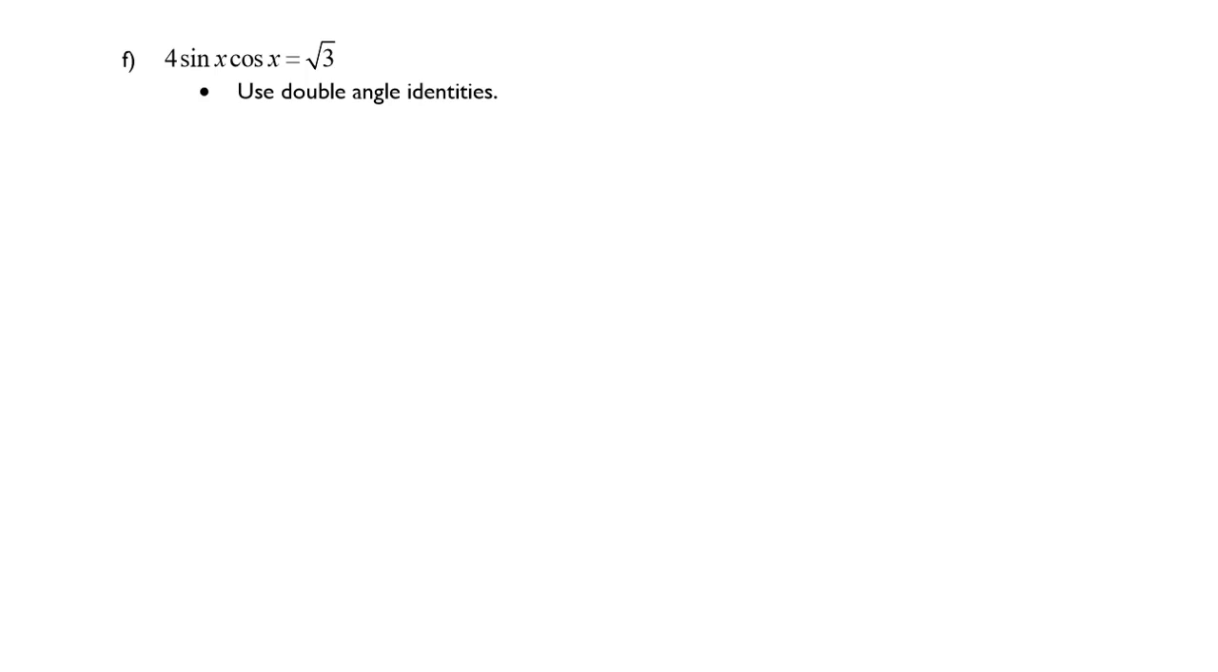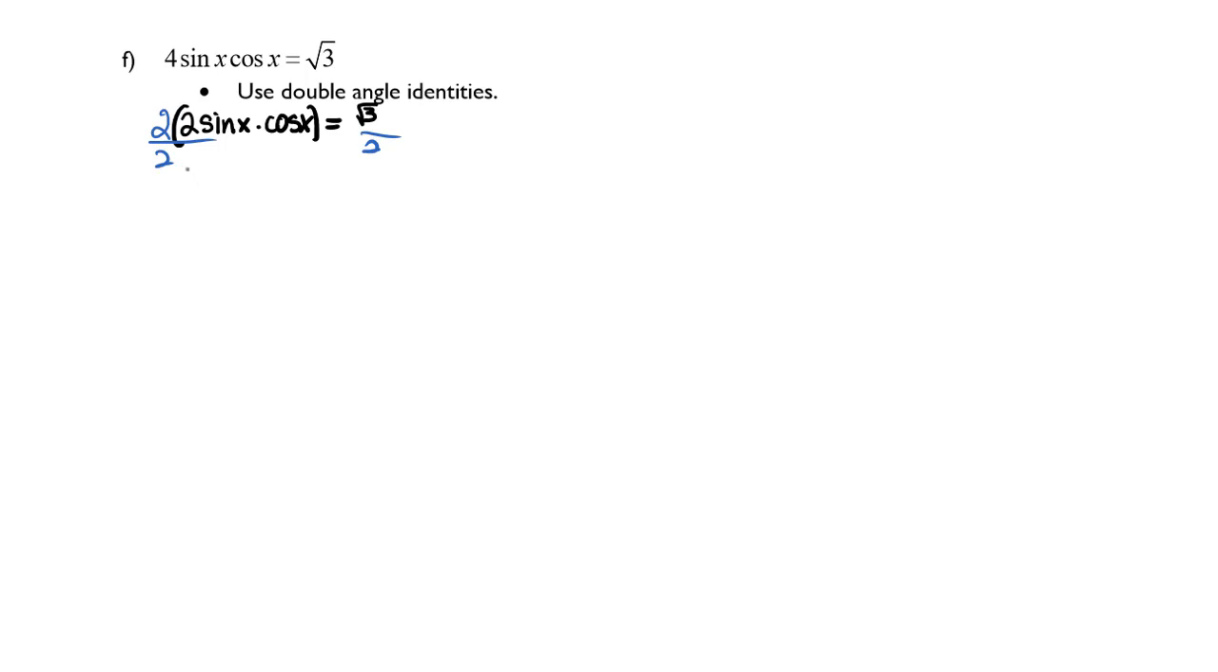Welcome back to part 5 on solving trigonometric equations. Let's look at 4 sine x times cosine x equals the square root of 3. We're encouraged to use double angle identities here, and so I'm going to think about that as I break up the left side of this equation. I'm going to go with 2 times 2 sine x times cosine x, and that's equal to the square root of 3. And then I'm going to divide both sides of the equation by 2,